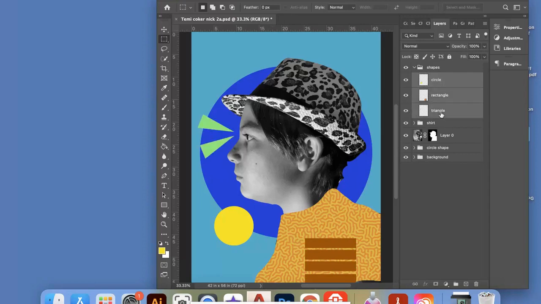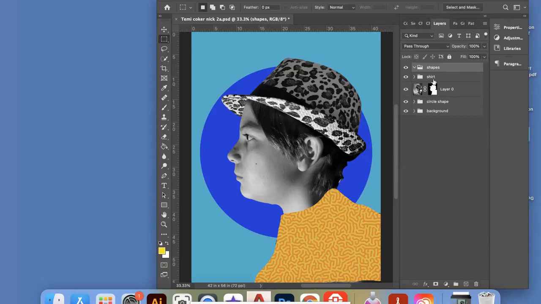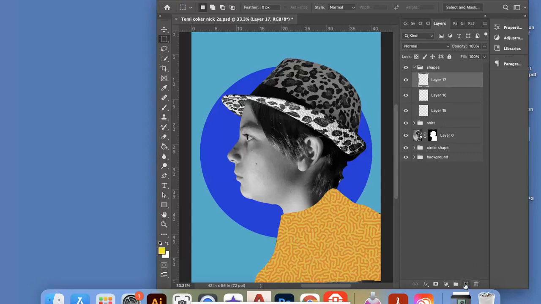So I'm just going to go ahead and delete these so I can show you from the beginning how to do this. So the first thing you want to do is click on your shapes folder. That should be highlighted. Your shapes folder should be highlighted. And I want you to create a new layer in that. In fact, we're going to create 3 new layers, so go ahead and press your plus button to create a